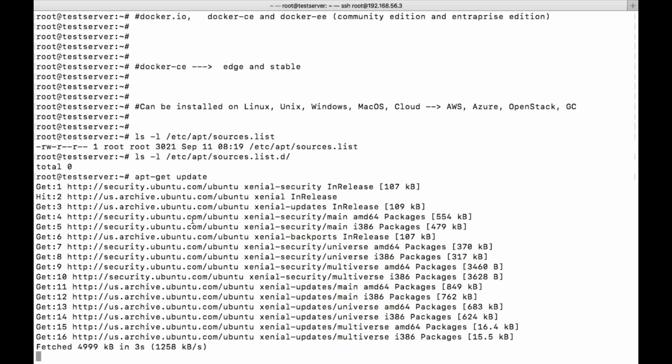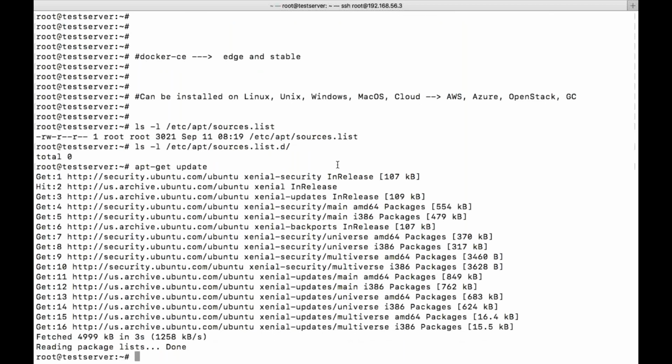It contacts all the repositories you have created in sources.list or under this directory, checks whether it can reach them, and fetches the list of packages available in the repository. So whenever you add a repository in Ubuntu or Debian, we need to execute this command.